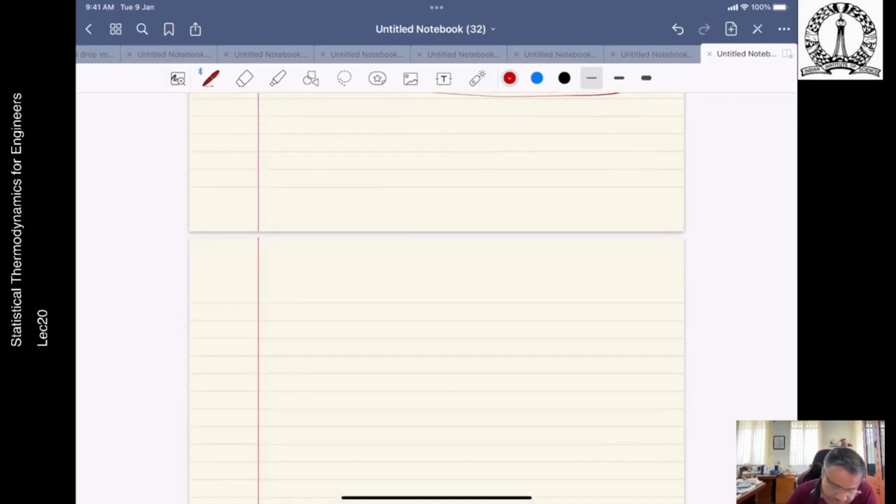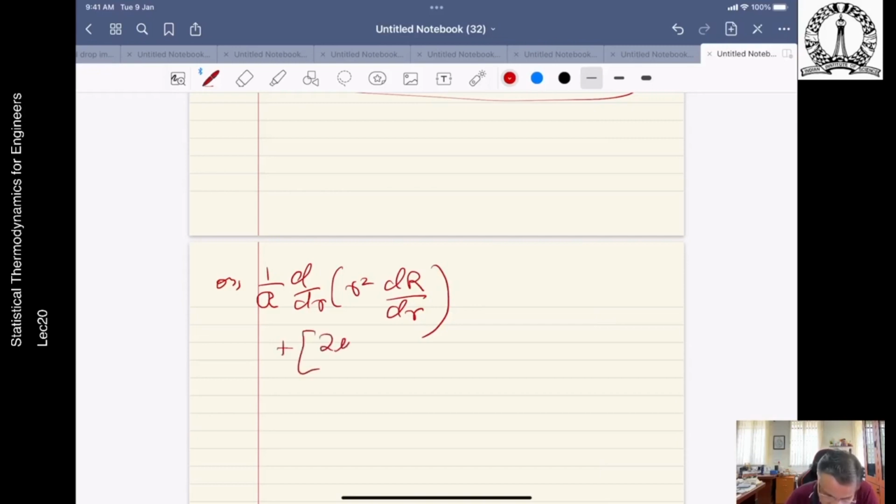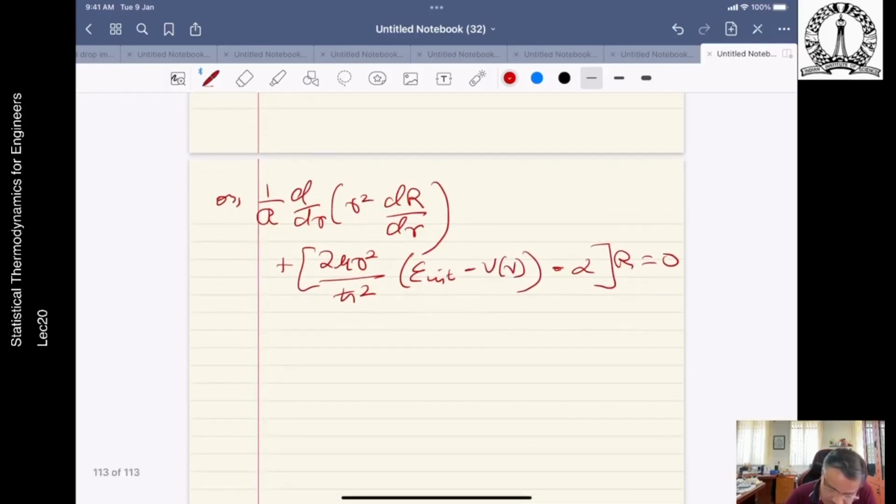Okay, so if you now separate the two things out, it will be 1 over r squared d by dr of r squared dR by dr, plus 2 mu squared by h bar squared, E internal minus V(r), minus alpha, into capital R is equal to 0. So that's the first expression. Okay, and the other one, so this is one. Second one,